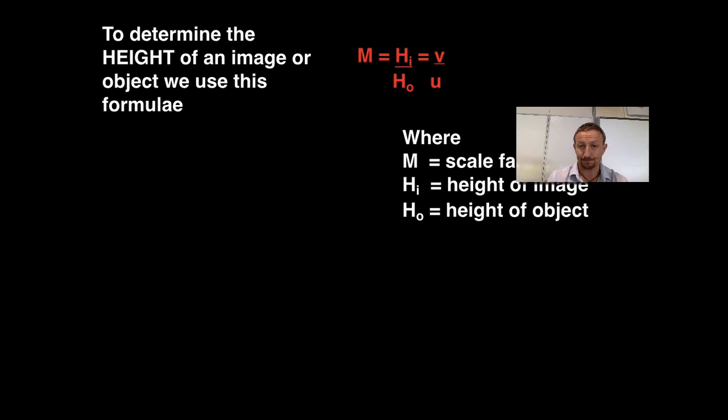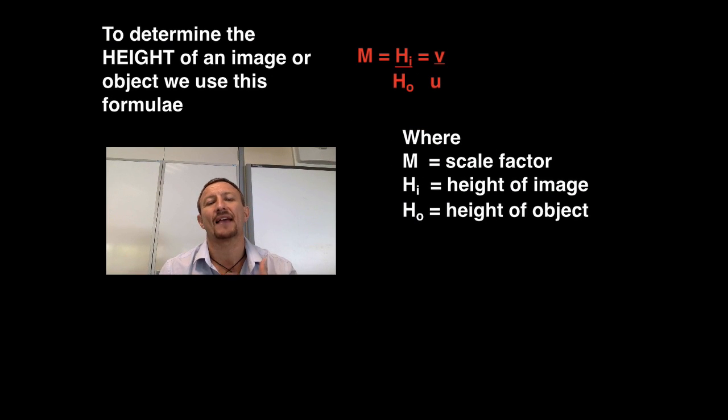All right, as well as that, we can then calculate the magnification factor and also the height of the image. Now remember, the magnification factor, just like we had in mirrors, is calculated by m, the magnification factor, equals hi, which is the height of the image, divided by ho, which is the height of the object, which can also be calculated by the distance of the image divided by the distance of the object. Remember, m is always a ratio, so it never has any units